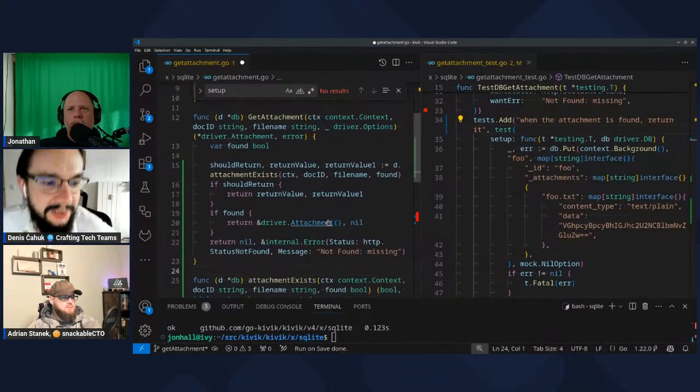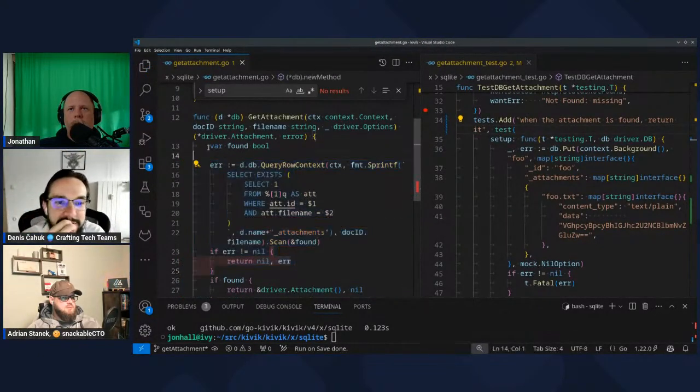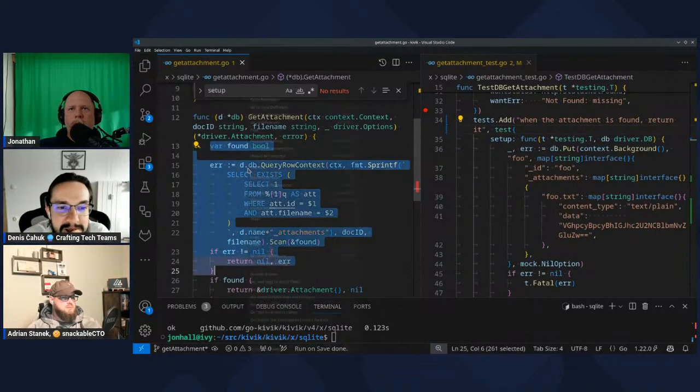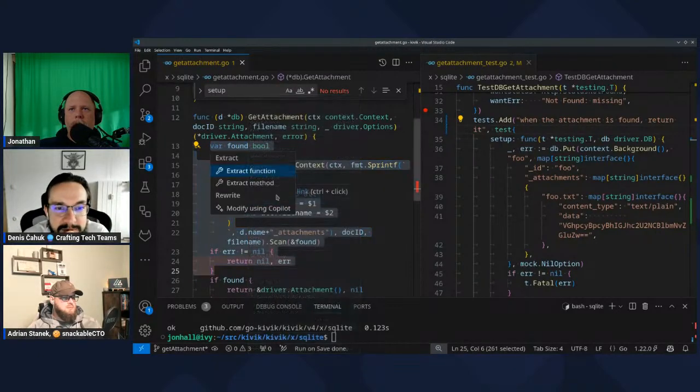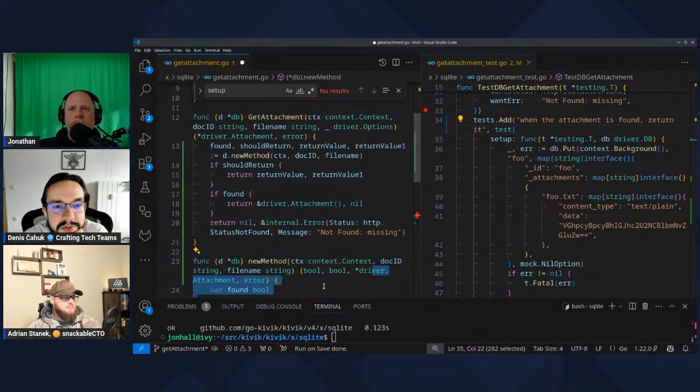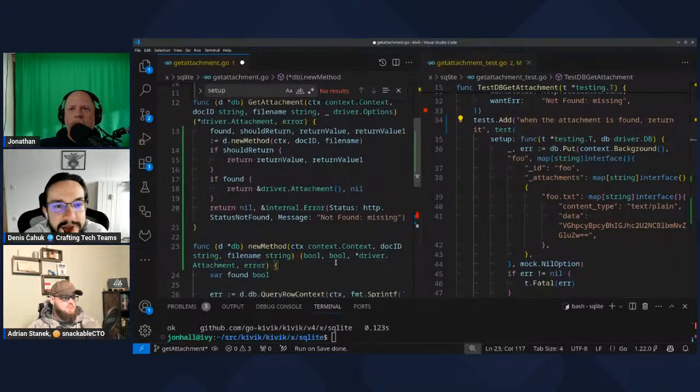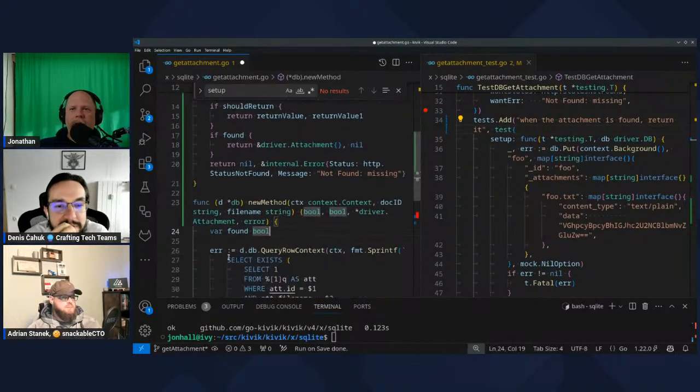"Attachment associated" is a tongue twister. I should extract this here. You'll have less return values to check if you include it. I'll have the same number of return values, but one less input. Perfect. Although I need to reduce the number of return values, but I'll do that myself.